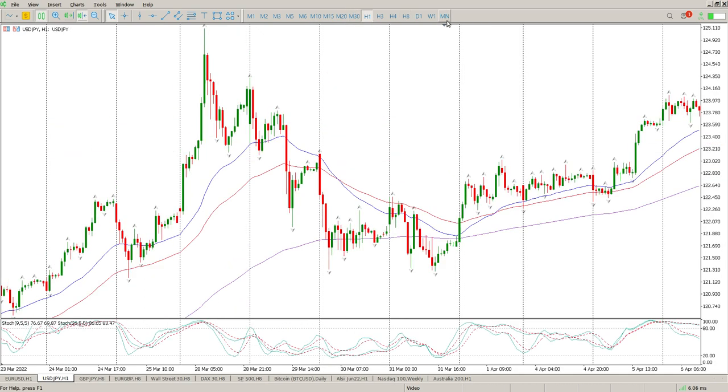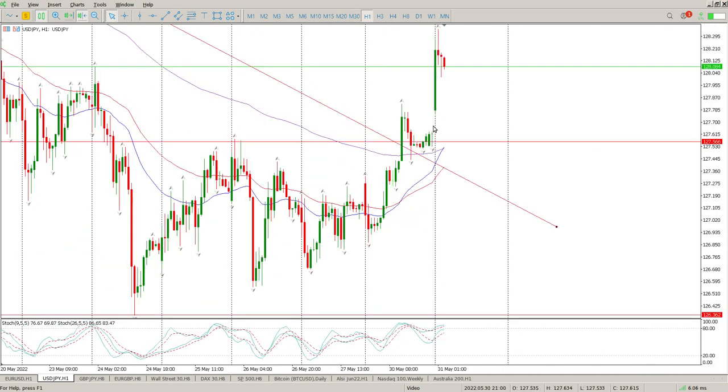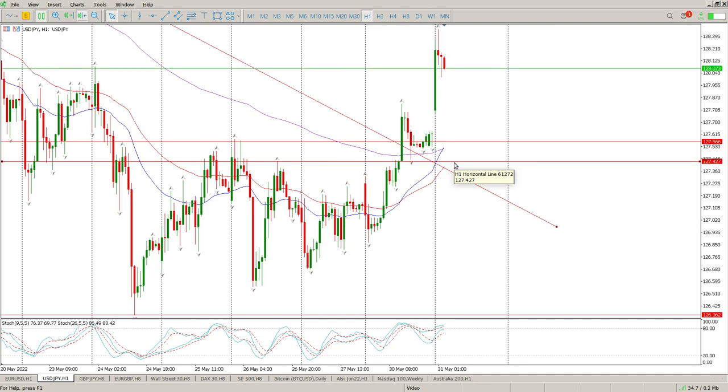Let's get down to the hour. What we're looking for is a pullback to close the gap at 127.566, and you can just add another level in here. You can see a lot of interaction here as well, which would also then test the flag break at 127.427. So we're looking to buy into this pair, but a lot further down than where we are at the moment, somewhere down in this area, 127.566 or